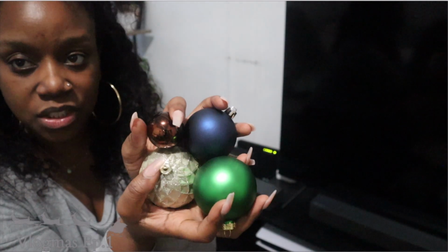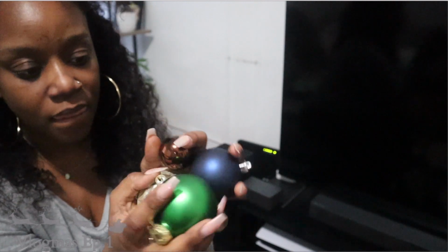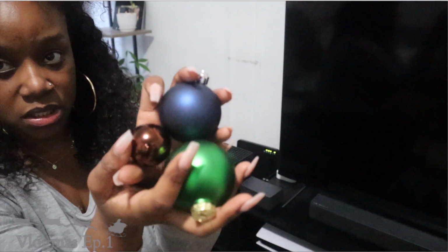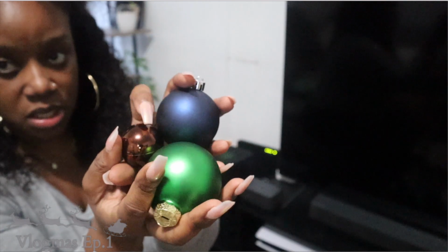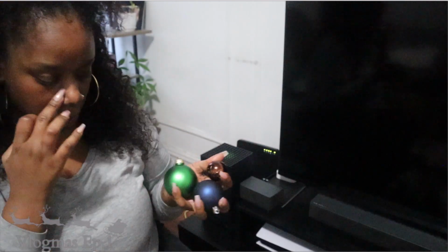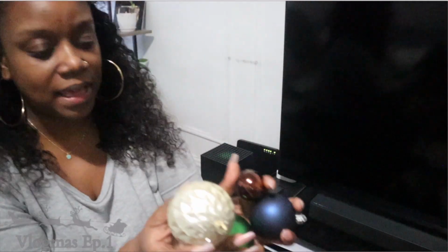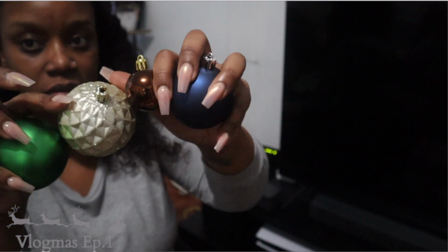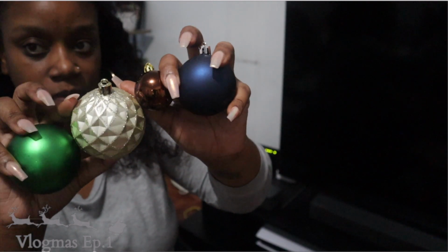I feel like it'll look cute, right? Take out the golds and do these colors. I don't, maybe the gold would make it like... I don't know, y'all. Okay, y'all, so I'm cleaning the glitter off the floor